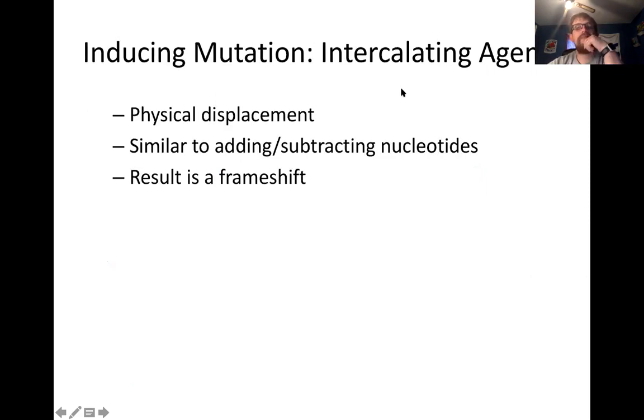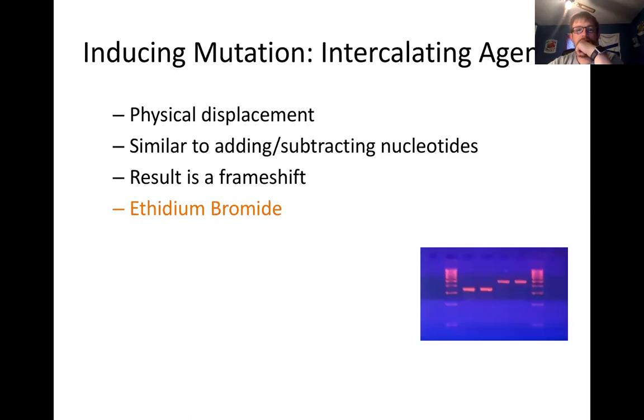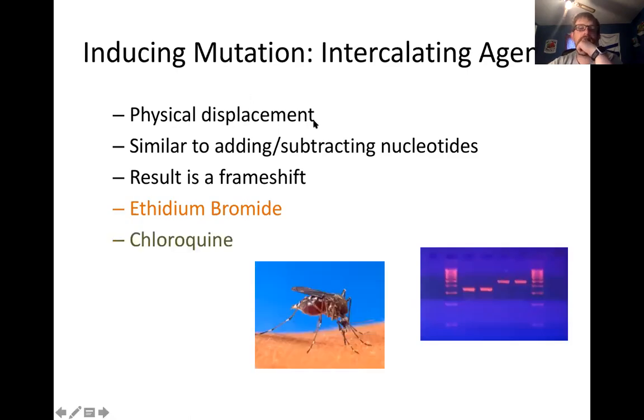Okay. So for physical displacement, this is something called intercalating agents. And what we see here is this is actually very similar to the addition or subtraction of nucleotides. So think about an intercalating agent as if they're